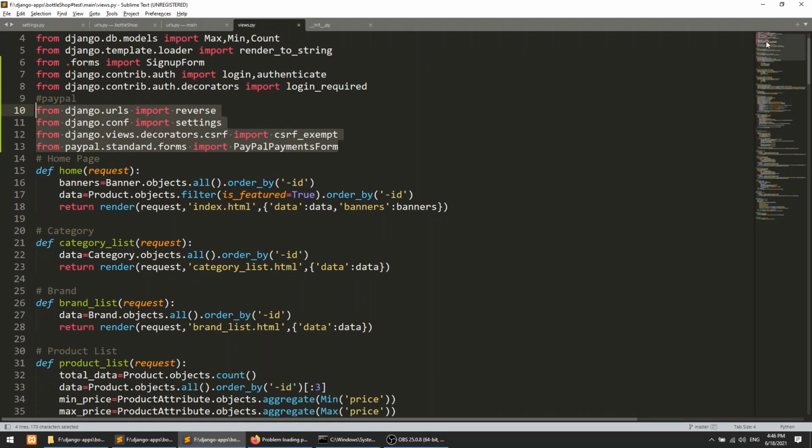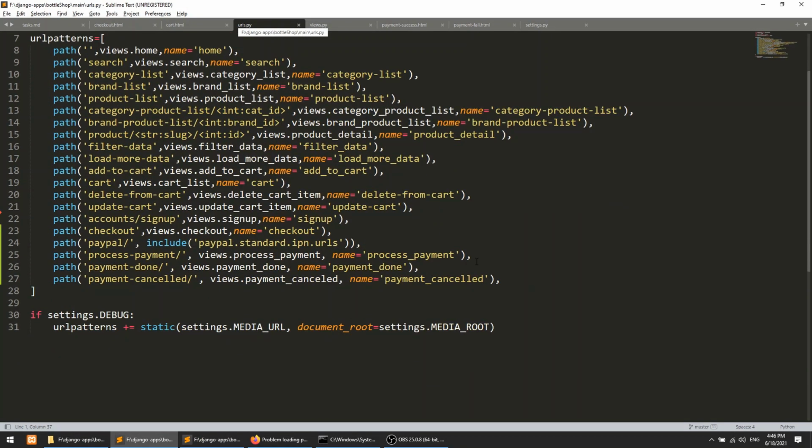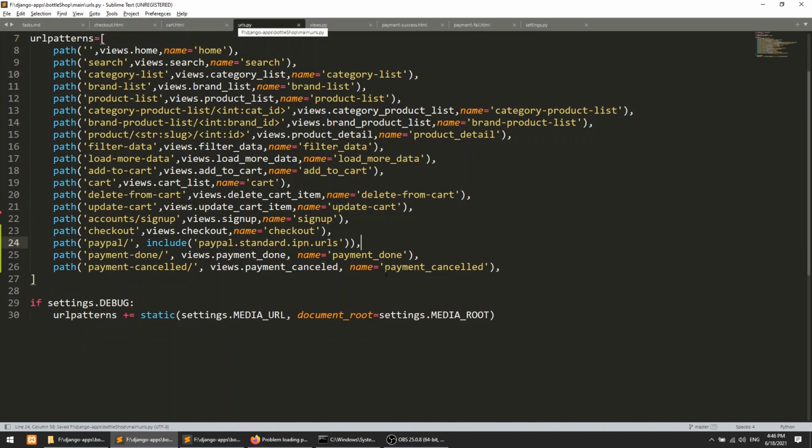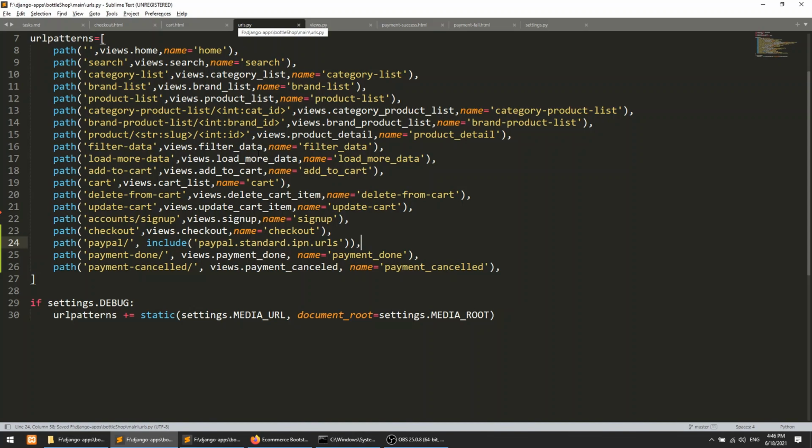We don't need this actually, because process payment is actually working in our checkout page. So here we will refresh this page. Now it is working, and we need this thing, so we will refresh this and nothing is showing.